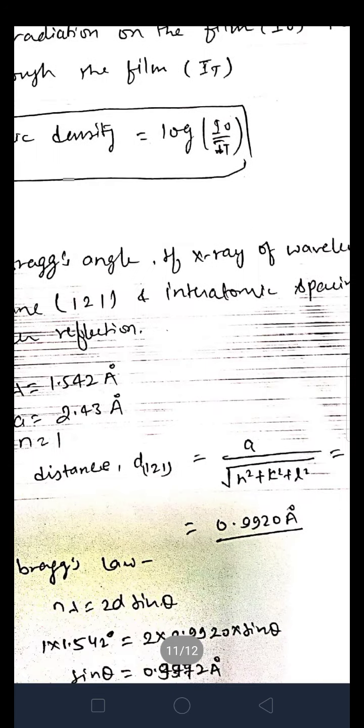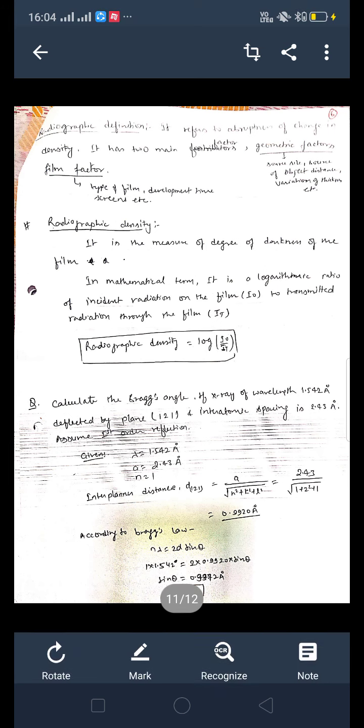Again, in this question we have to find the interatomic spacing, which is indicated by a. So we have to find a, my dear students. We know that the formula of interplanar spacing d equals a upon under root h square plus k square plus l square. In the first question we used this formula. In the third question, we also don't know d. Interplanar spacing is not given in the question.